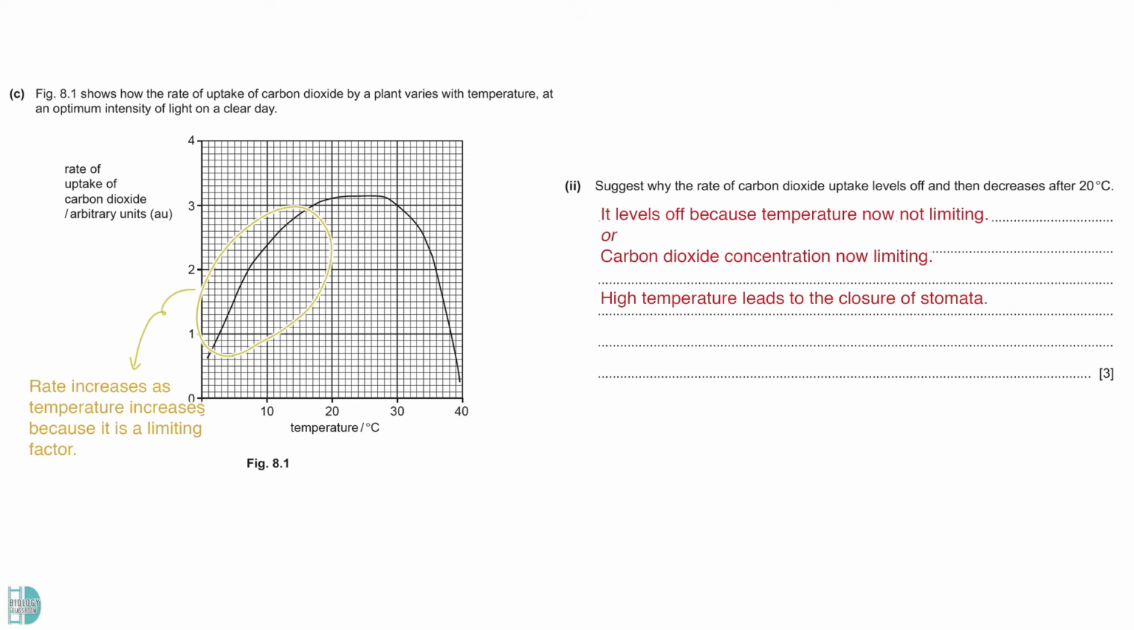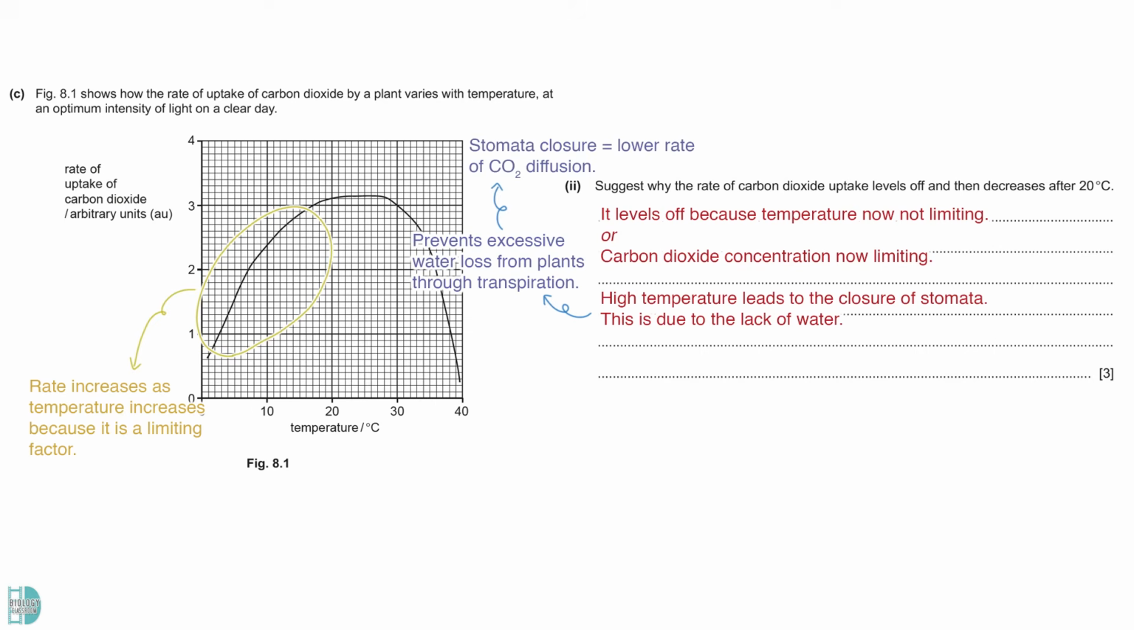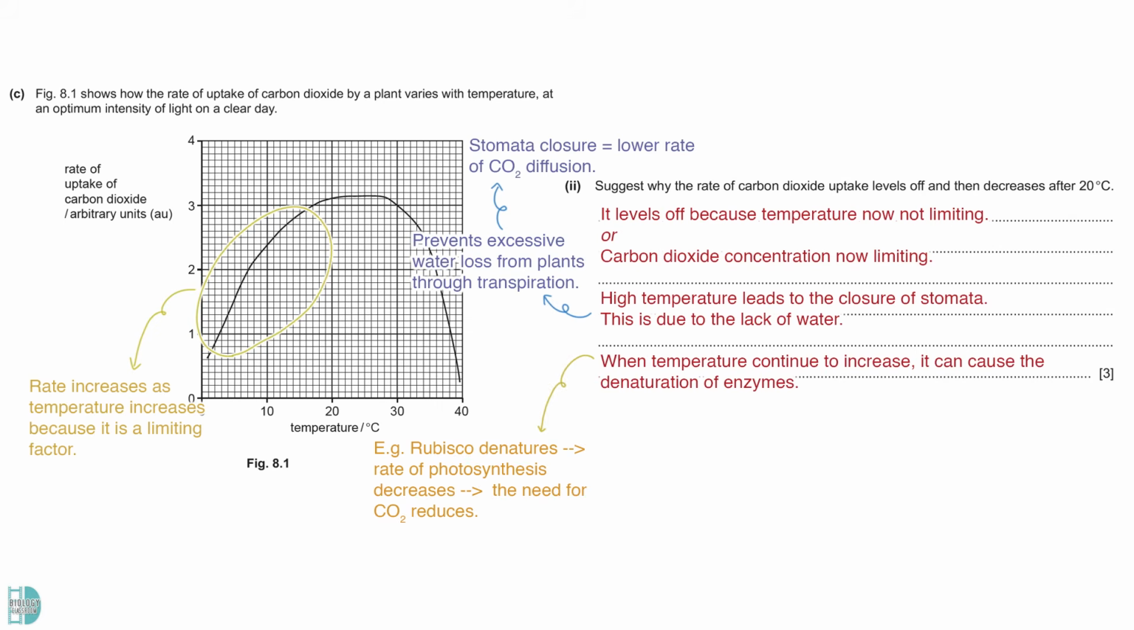High temperatures cause the plant to experience a lack of water, and this triggers the stomata to close. This mechanism prevents excessive water loss from plants through transpiration, as stomata are the main structure where water loss occurs. This will reduce the diffusion of carbon dioxide via stomata. If temperature continues to increase, it can cause the denaturation of enzymes. Enzymes such as Rubisco will denature, leading to a reduction in the need for carbon dioxide